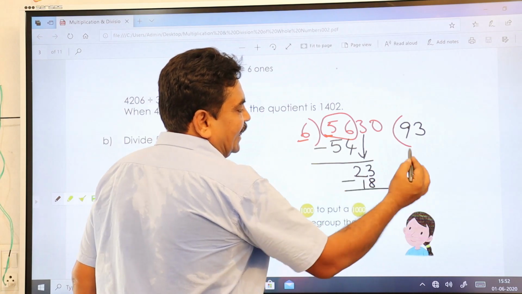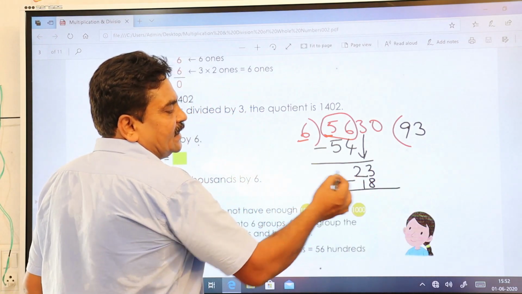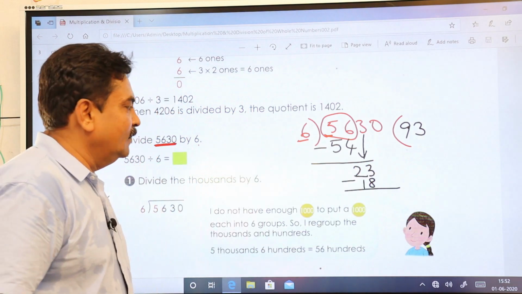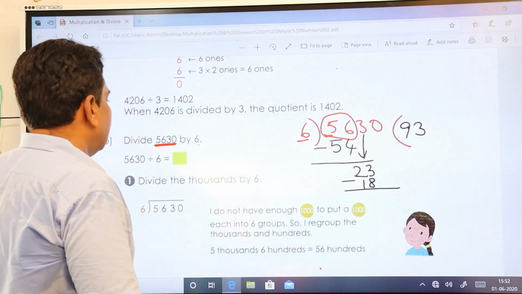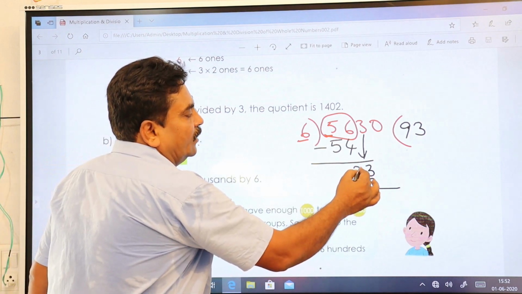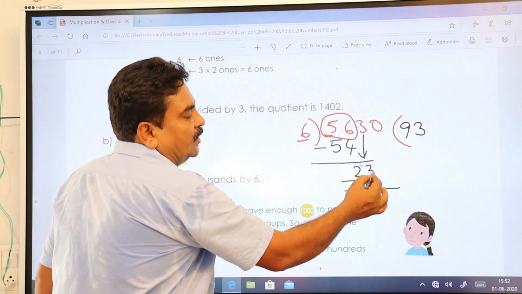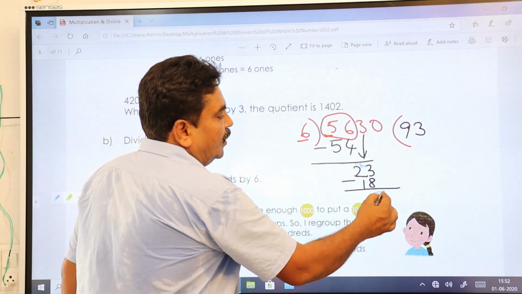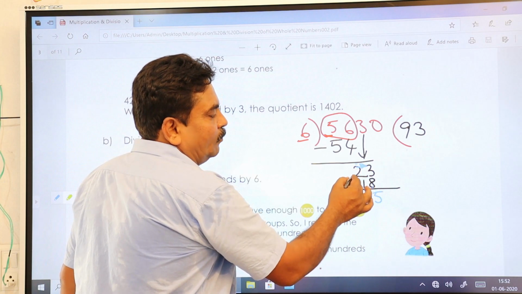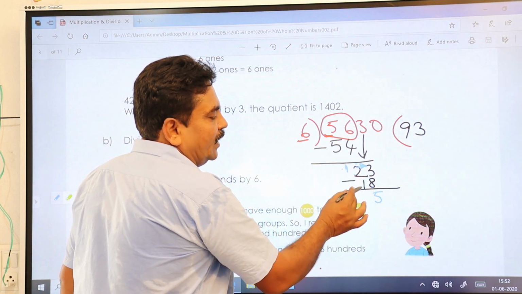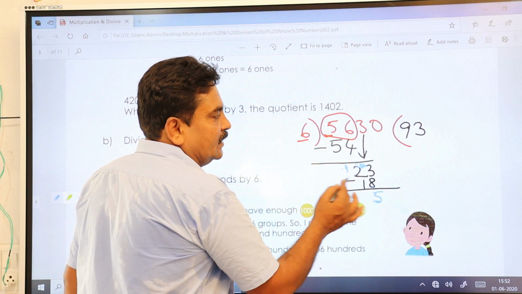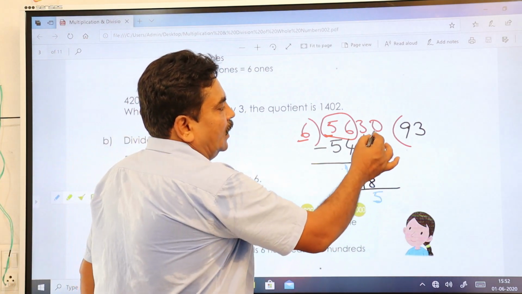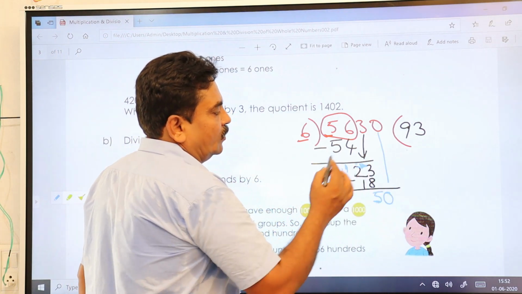Now you subtract it again. Here is 3, here is 8. So out of 3, you cannot take out 8. That's why you carry here 1. It becomes 13. So 13 minus 8 is how much? 5. You have carried one number from 2. So what remains? One number. So 1 minus 1 is 0. Okay. 5 is remaining here. Now you see, I am just bringing down this 0 here.